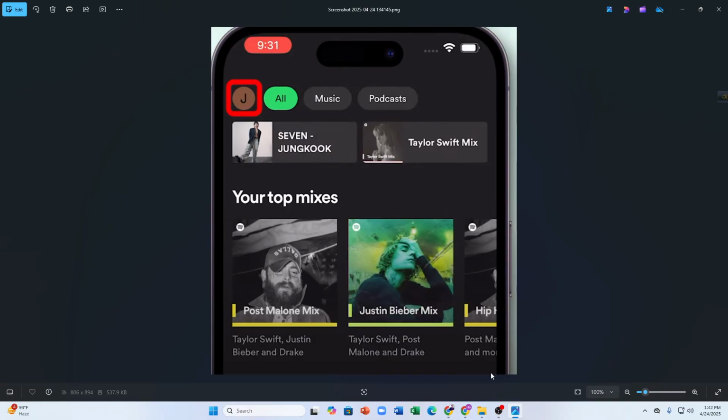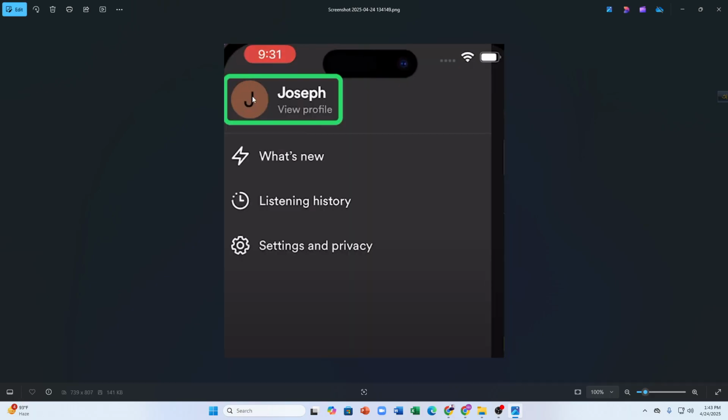So first of all, you have to head over to your Spotify account. Then at the top left corner, you can see your profile icon. You just have to tap onto your profile icon, and after going there, you have to tap onto view